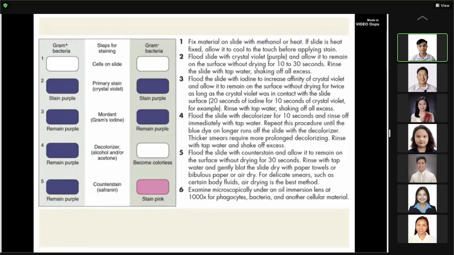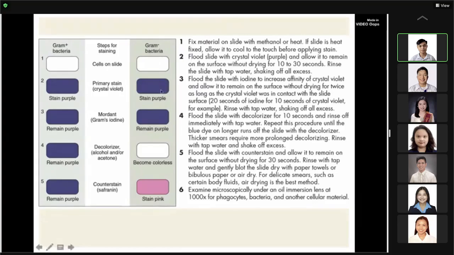In the staining, we flood the slide, the smears, with the primary stain, the crystal violet, and we allow it to remain on the surface without drying for 10 to 30 seconds. Then we rinse with tap water. We have to remove the excess stain on the smear. Then we flood it with